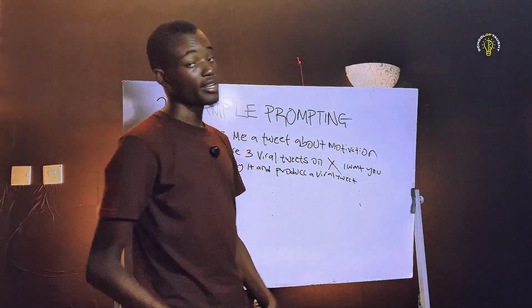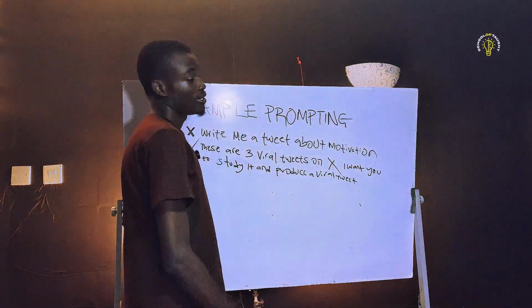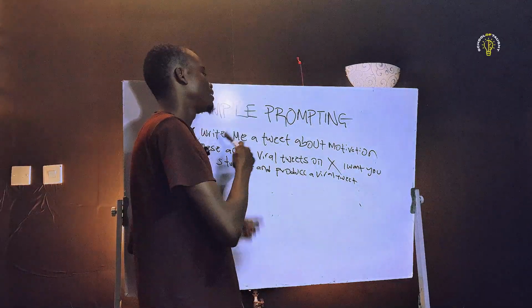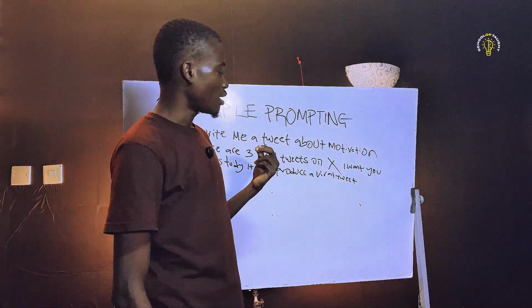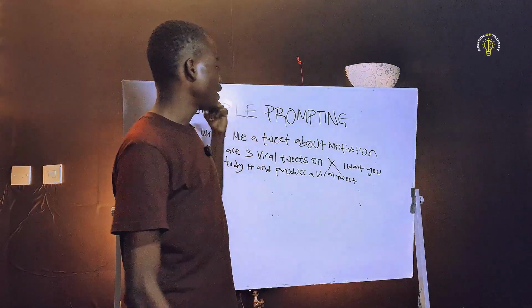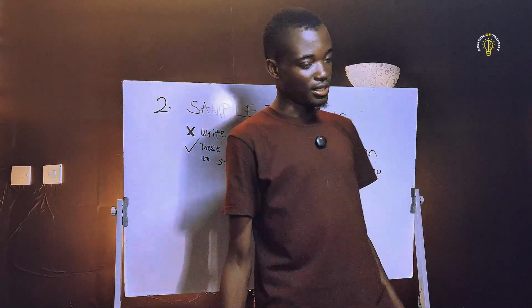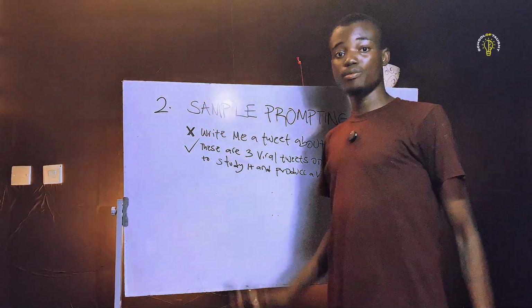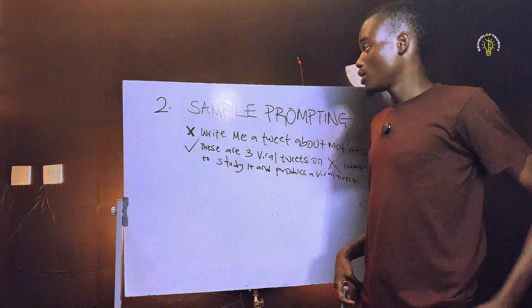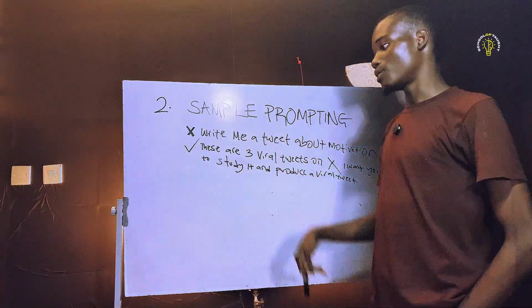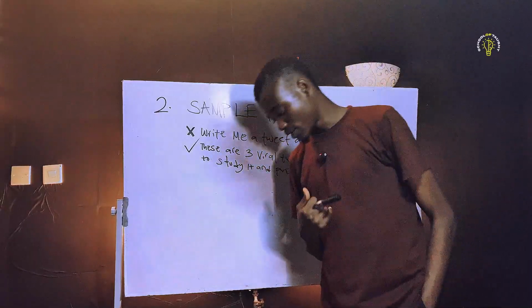Then you take it, find a way, you screenshot it, or you copy the script and you go into AI and you tell it, these are three viral tweets on X, and I want you to study it and reproduce a viral tweet. That is going to be a game changer. So many people don't understand this yet. If more people understood this, they would understand that they have to stop doing more work and start looking out for things that work.